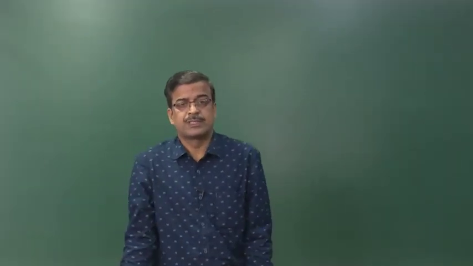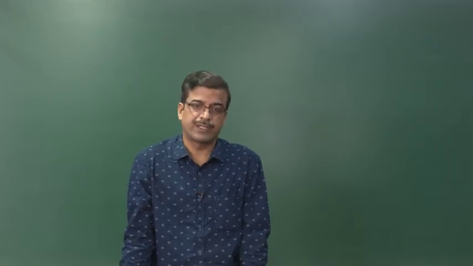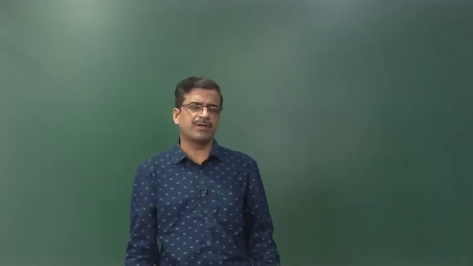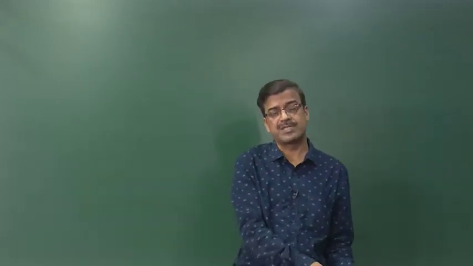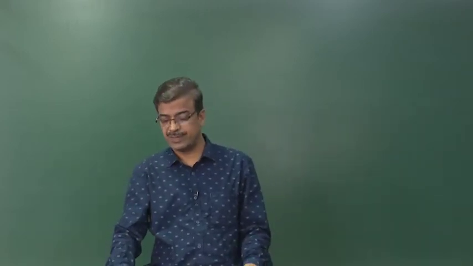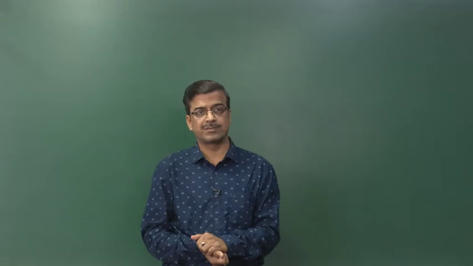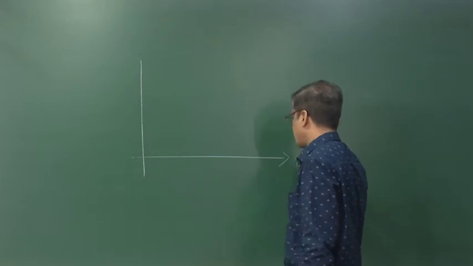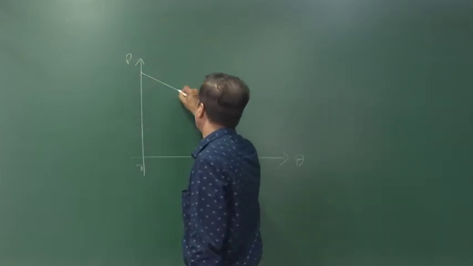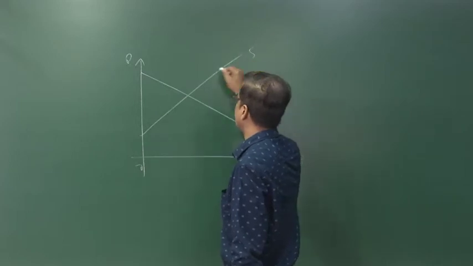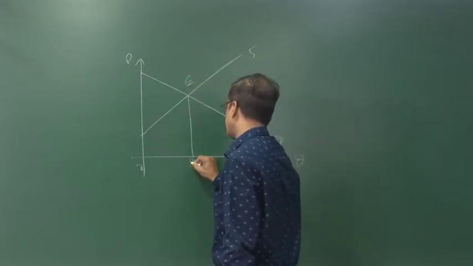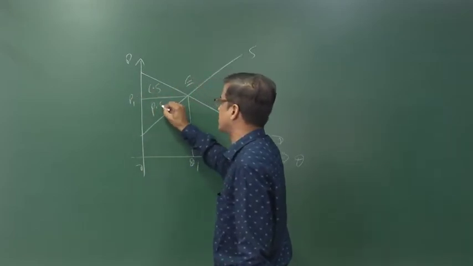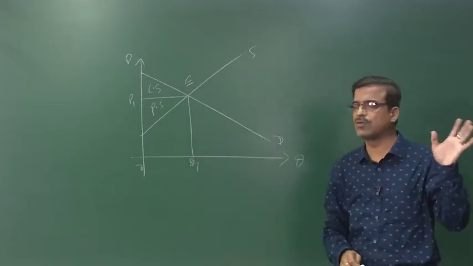So, welcome students. Today we have to start with the topic of market outcome and economic efficiency. In the previous class we completed economic efficiency, or the total surplus, which consists of both consumer surplus as well as producer surplus. If you take the curve here, this is the quantity and this is the price, and we already know demand and supply are in equilibrium at the point A1, with this equilibrium quantity and this equilibrium price. This is called the consumer surplus and this is called the producer surplus. You already know about it.